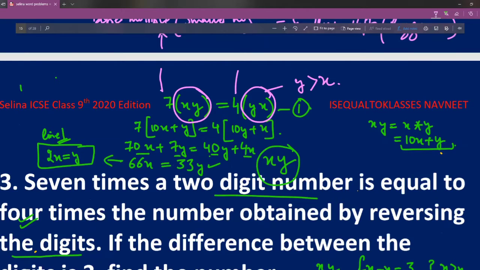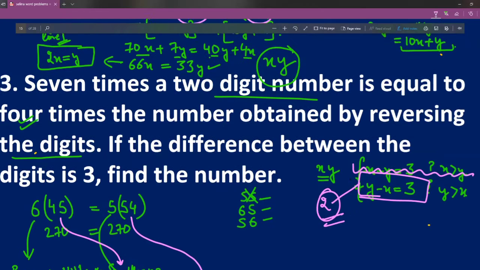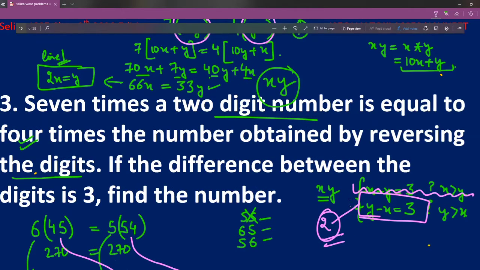So in our case, this is true. Y is greater than x. So if y is greater than x, I can ignore this, I have to take this. So this is my second equation. I'll suggest that if you haven't followed, just rewind and look at this logic again. So this is my equation 1 and this is my equation 2.